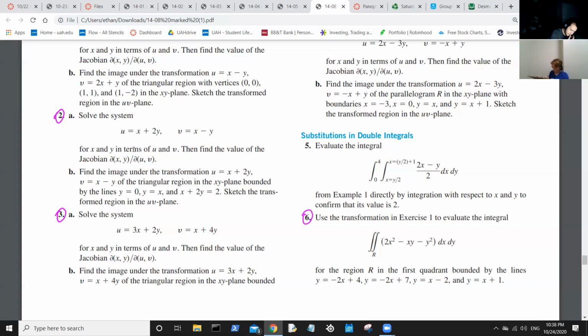Partial of x with respect to partial of u is just going to be 1/3. Partial of x with respect to partial v is just going to be 2/3. Partial y with respect to partial u is going to be once more 1/3. And then partial y with respect to partial v is going to be -1/3. And then the determinant of that, you get